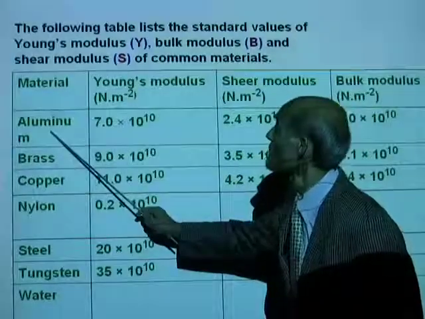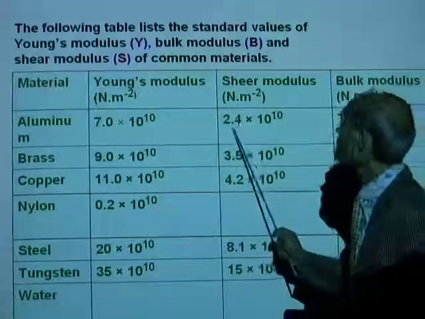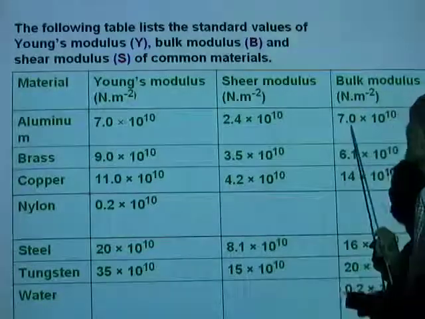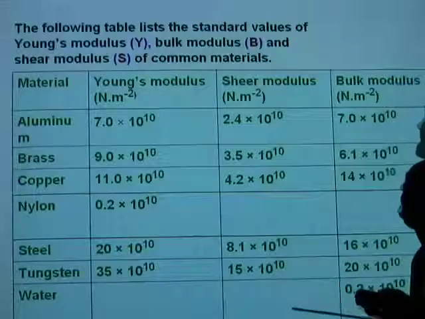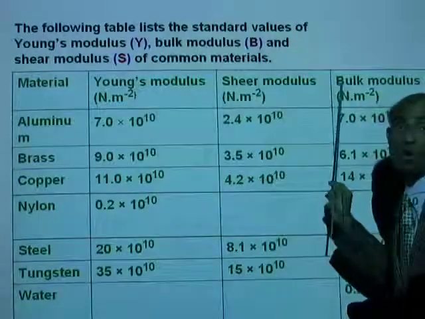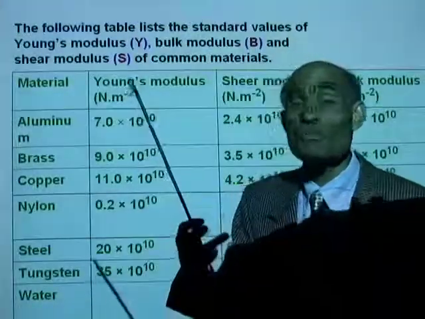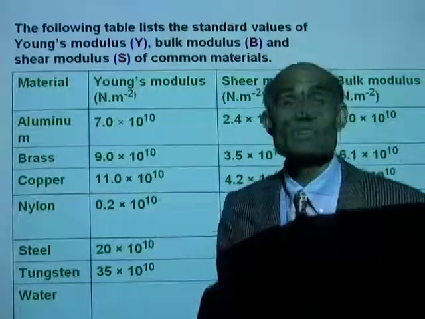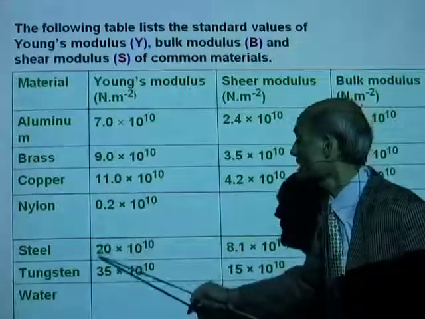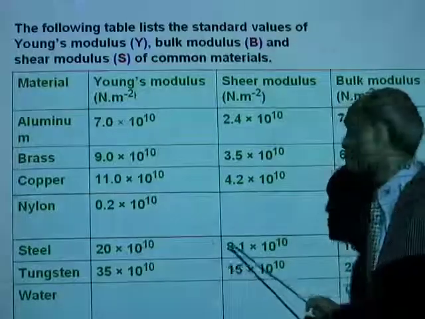You got the material aluminum. The Young's modulus is 7 times 10 to the 10 Newton per meter squared. Its shear modulus is 2.4 times 10 to the 10 Newton per meter squared, and its bulk modulus is 7 times 10 to the 10 Newton per meter squared. You can see the modulus of elasticity, all three types, are measured in Newton per meter squared, which is the unit of stress. The unit of strain, strain has no unit. Well, if you look at steel, Young's modulus is 20 times 10 to the power of 10. It is very highly elastic. The shear modulus is 8